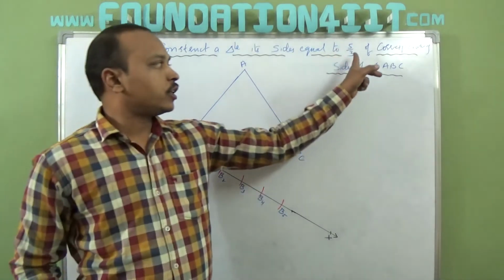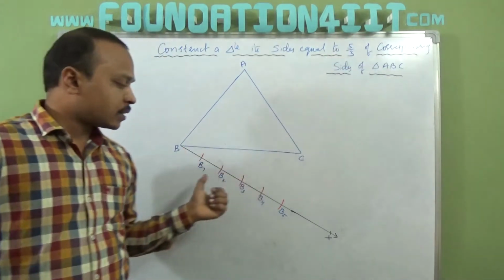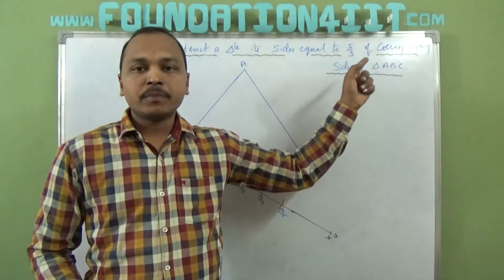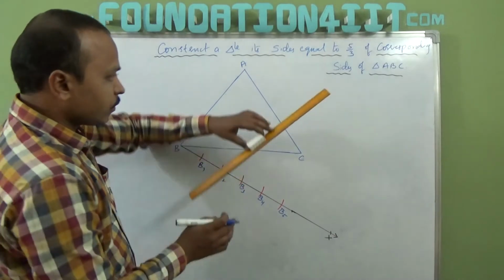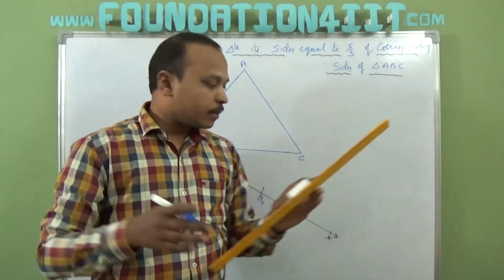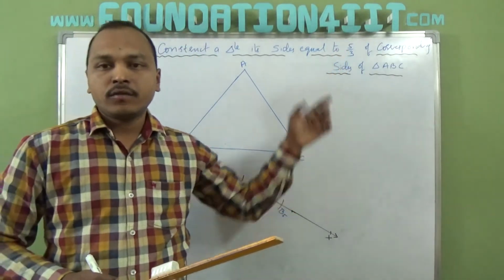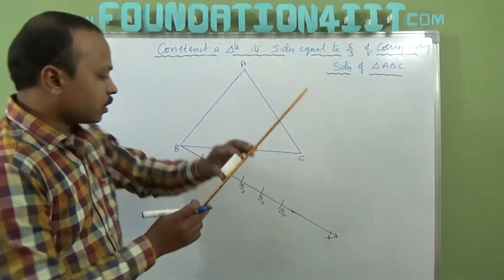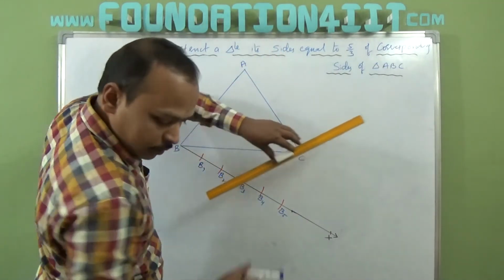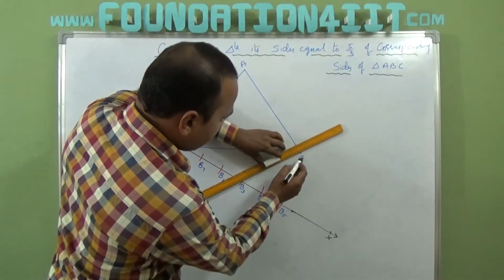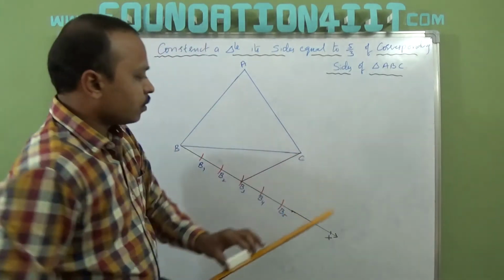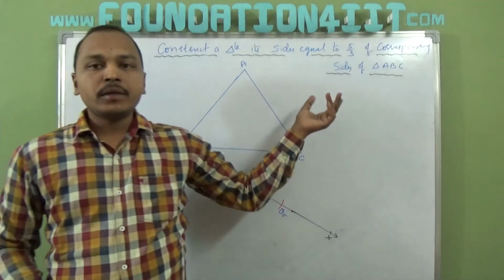Now in an improper fraction, first the big number parts I made. Now the denominator is 3, so from B3 you join to C. If the denominator is 4, then from B4 you join to C. Whatever denominator number, from that part you join to C. Okay, so here B3 to C are joined, because the resultant triangle will be bigger in size.